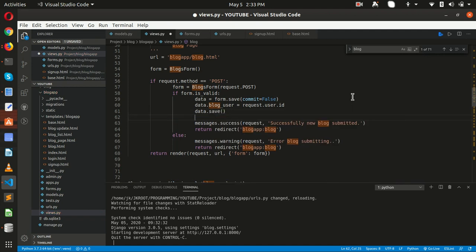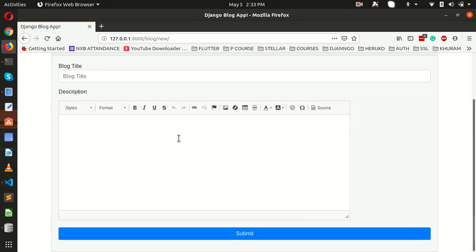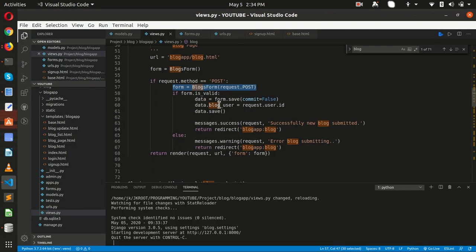Okay, so guys, we have just added two more lines. Right now we have all this data we are getting from our blog, right? Blog title, description, but we are not getting our current logged in user. If we make a drop down list, the person who is logged in can select, but in that case he can select another name as well. So instead of that, we are not going to put that here, but we can put that functionality on the backend.